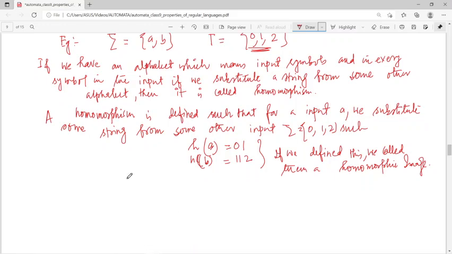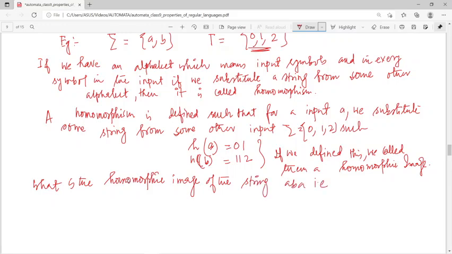তার মানে কি বলতে চাইছি, ধরো আমাকে বললো what is the homomorphic image of the string ABA। তাহলে আমি জানি যদি H ABA চালাই তাহলে H A মানে 01 হচ্ছে, B মানে 112 হচ্ছে, and again A মানে 01 হচ্ছে, তার মানে আমার string হচ্ছে এটা। তাহলে homomorphic language means we take